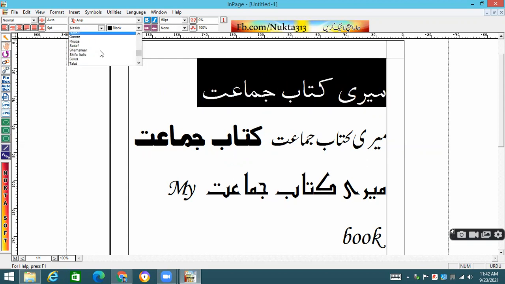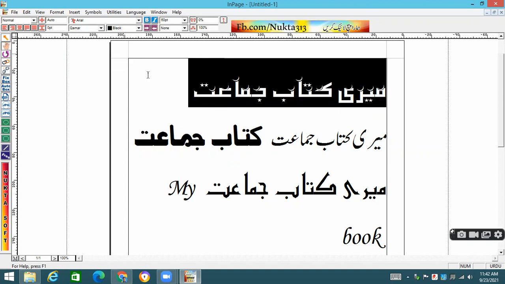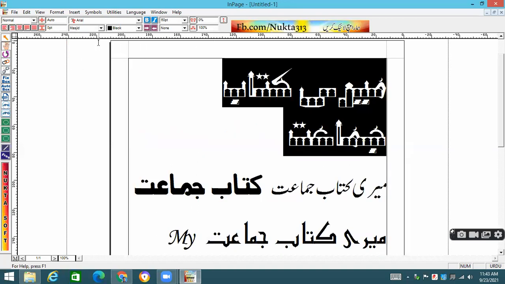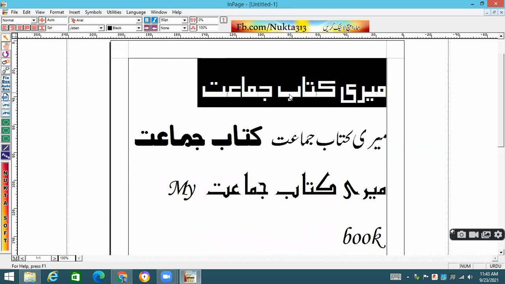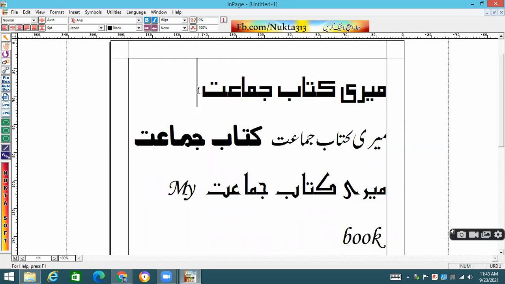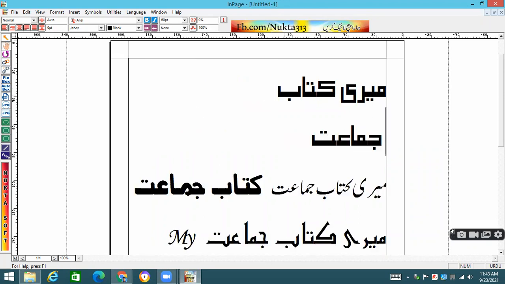Kamar is there. You can see what kind of design it is. Kamar is having a moon, a crescent with it. Roka is there. Masjid is there. Masjid-like designs are there. But it definitely depends on whatever is asked, you have to do it accordingly. I have applied Jabin. So this is Meri Kitab, Jamaat. Whatever you are typing.